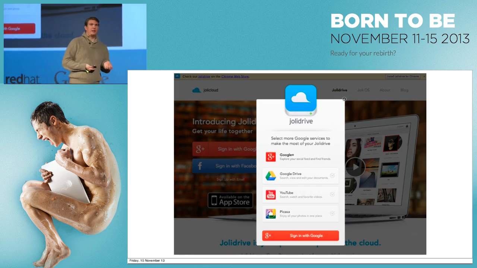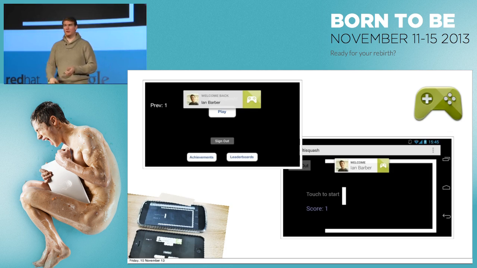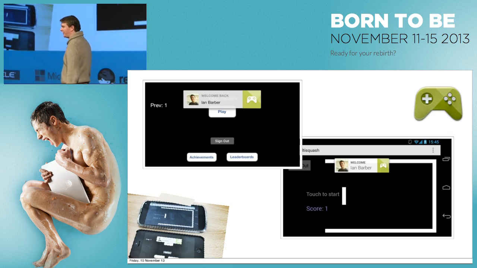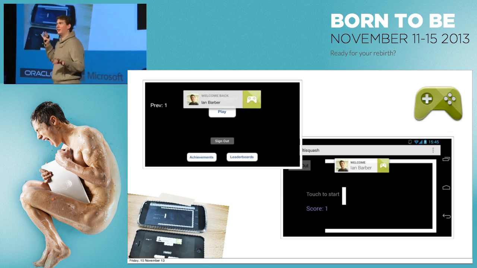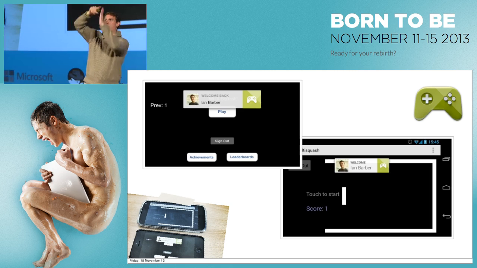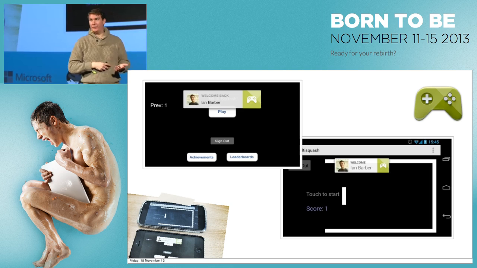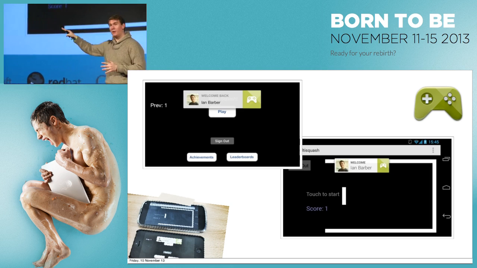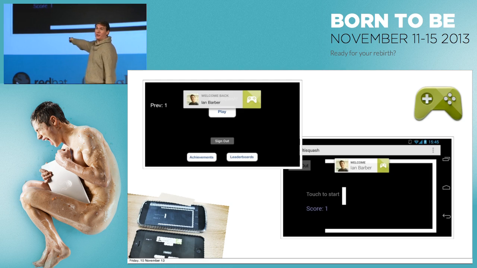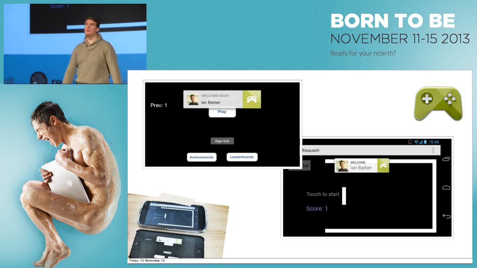Sometimes there are things that make life easier. The games service, I think, is a large part of this. This is for the Google Play Games services. The guys that run that did a code lab, and I played with it. They've got a little sort of Pong app on Android and iOS. Very simple to set up. When I signed in, I played it badly and got a score of 1 on Android. I signed in on iOS, and my score was maintained. And that was because of a feature called Cloud Save.